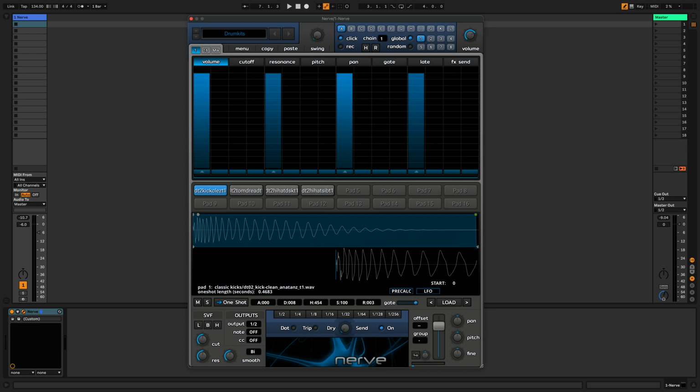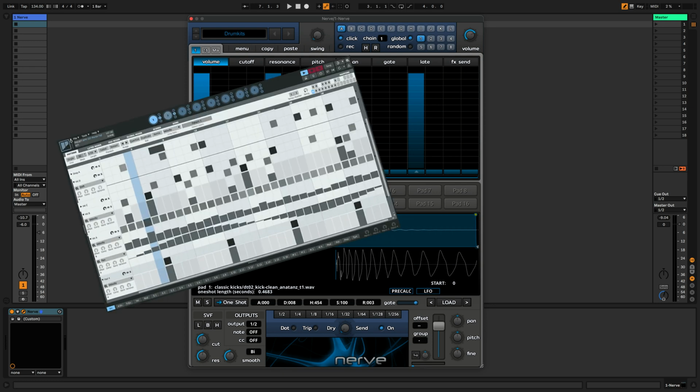I produce techno, the more underground gritty kind. And as you know, techno producers are always on the hunt for the most efficient drum plugin that also provides the best audio quality. And I work with quite a few of them depending on what I want to achieve that day. So sometimes I like the quirkiness of Geist 2,